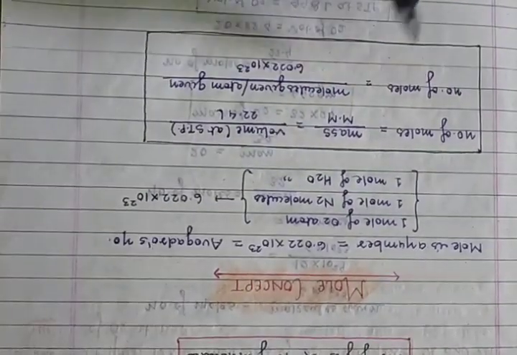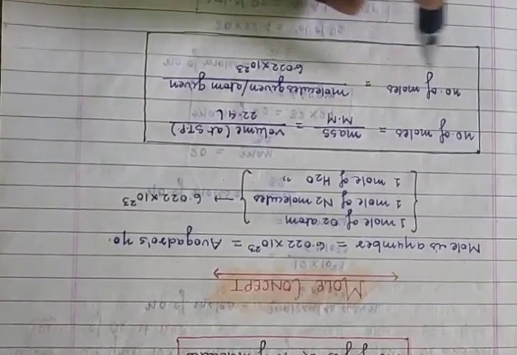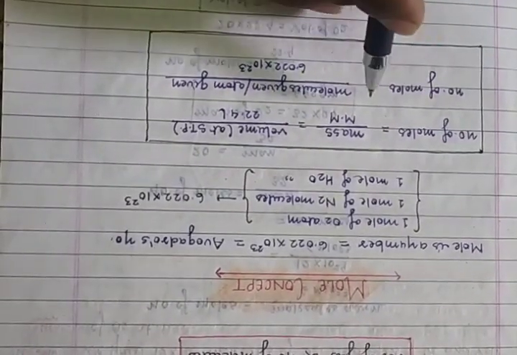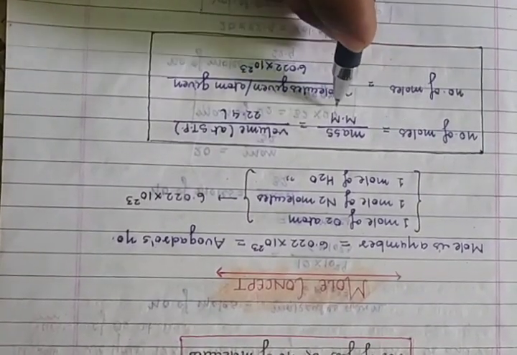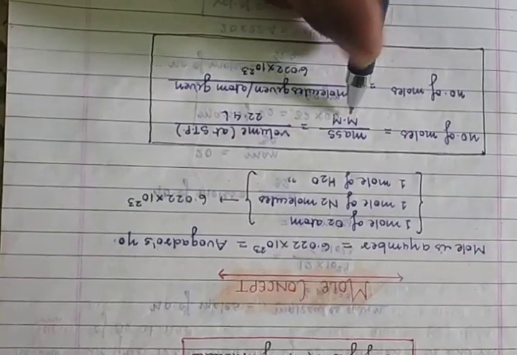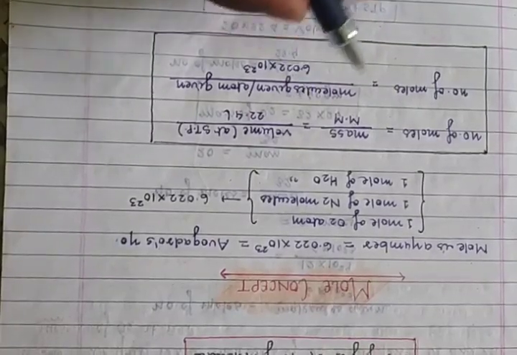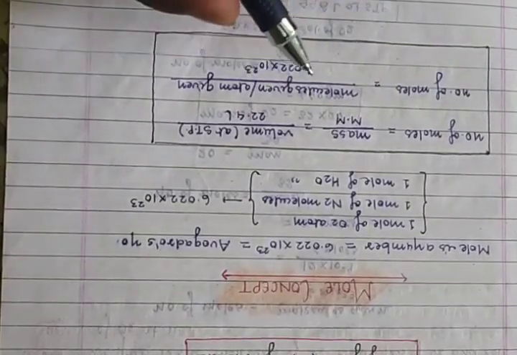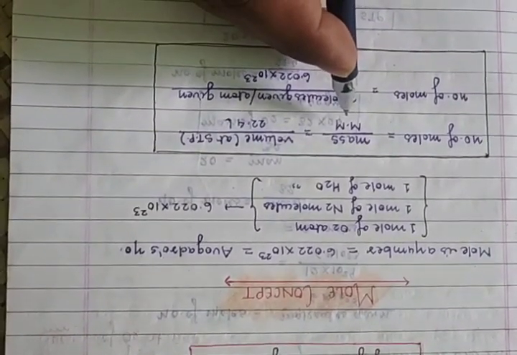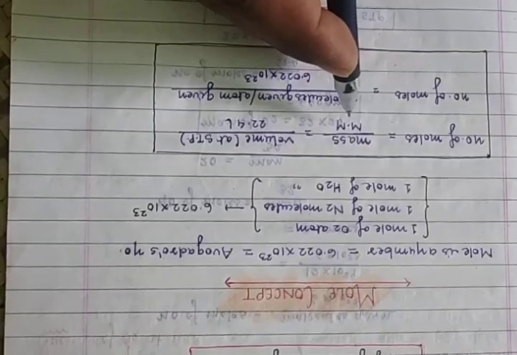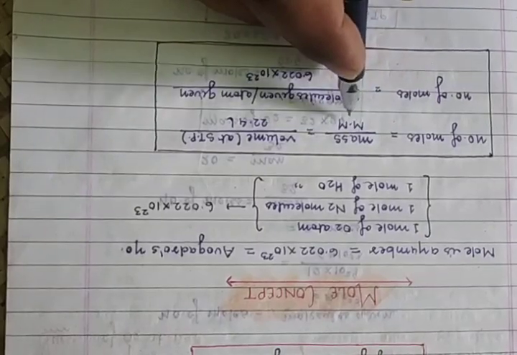Clear? Now, already in class 10 there is a formula for the mole concept. There are 3 formulas based on the mole concept. First, number of moles is mass upon molecular mass. Suppose you have any type of atom or molecule, suppose 2 gram of nitrogen, है ना? So 2 gram is the mass, and the molecular mass of nitrogen is what? 1 nitrogen is 14 and 2 is 28. So the first formula is number of moles equals mass upon molecular mass.